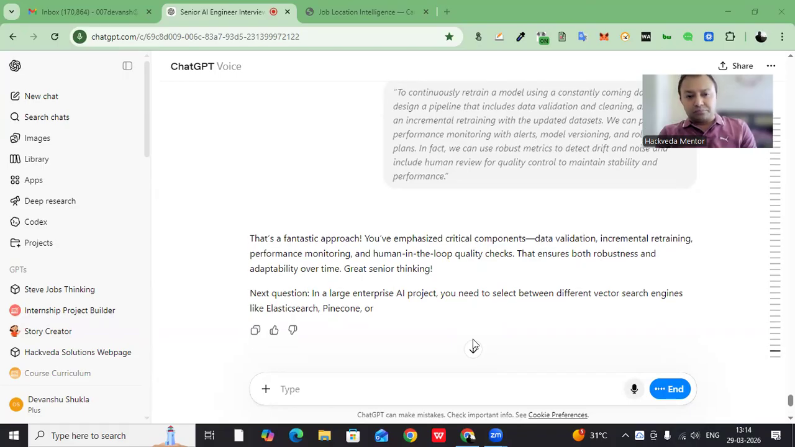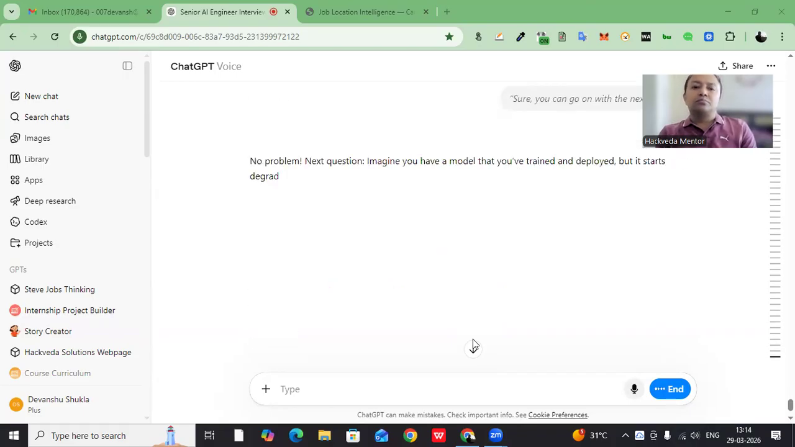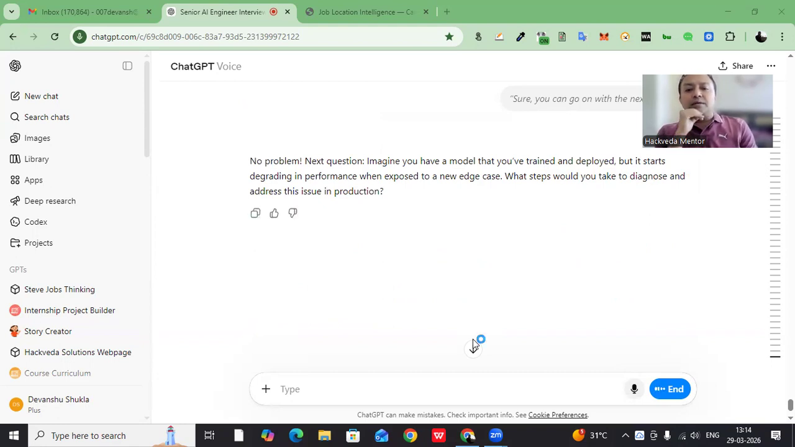No problem. Next question. Imagine you have a model that you've trained and deployed, but it starts degrading in performance when exposed to a new edge case. What steps would you take to diagnose and address this issue in production? Yeah, so if that gets degraded, what am I going to do? I'm going to